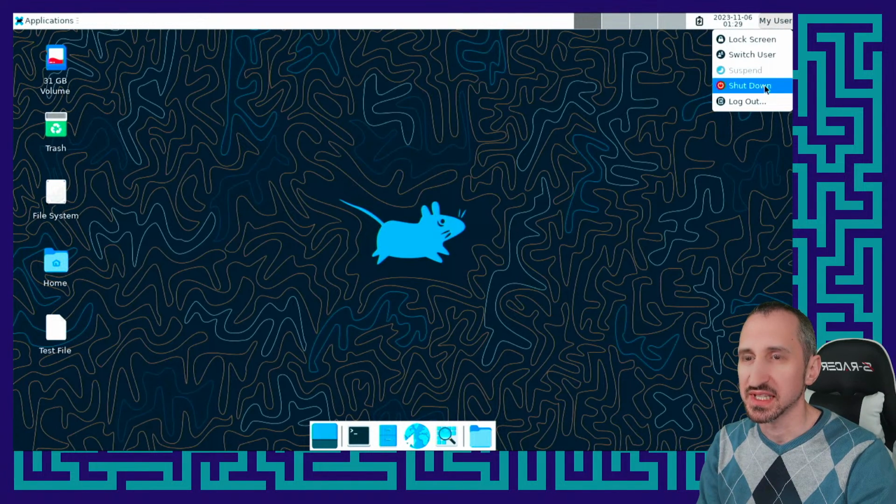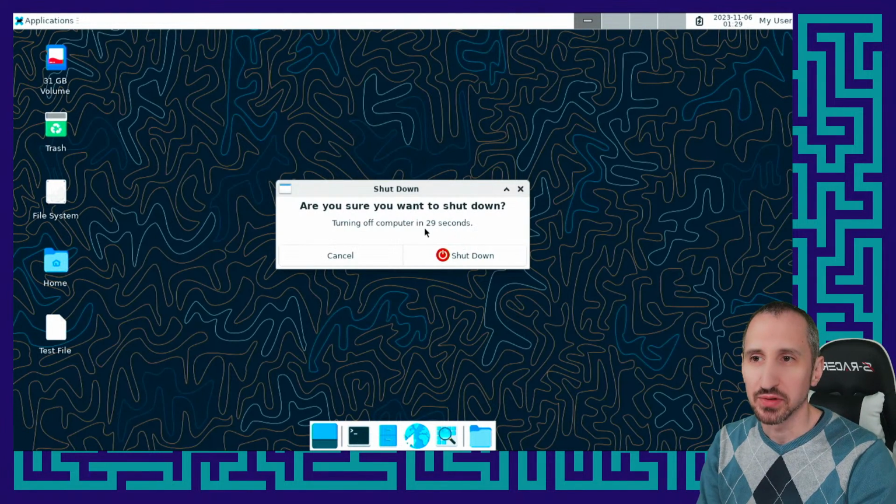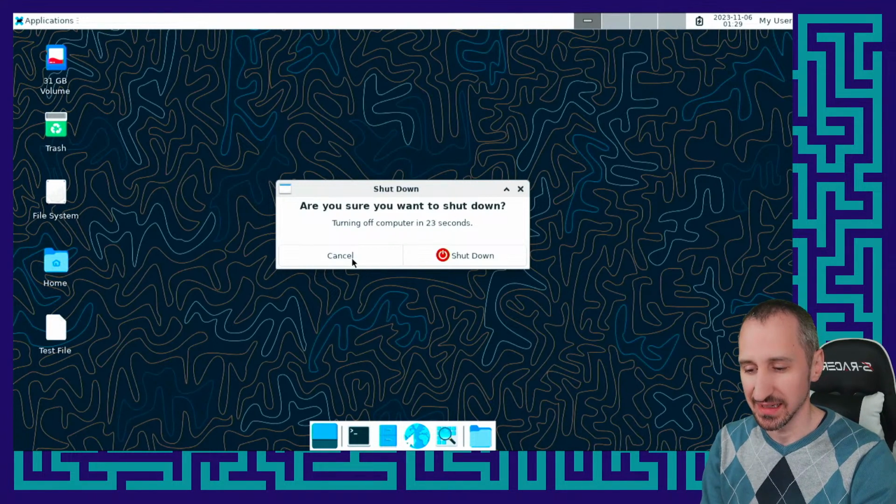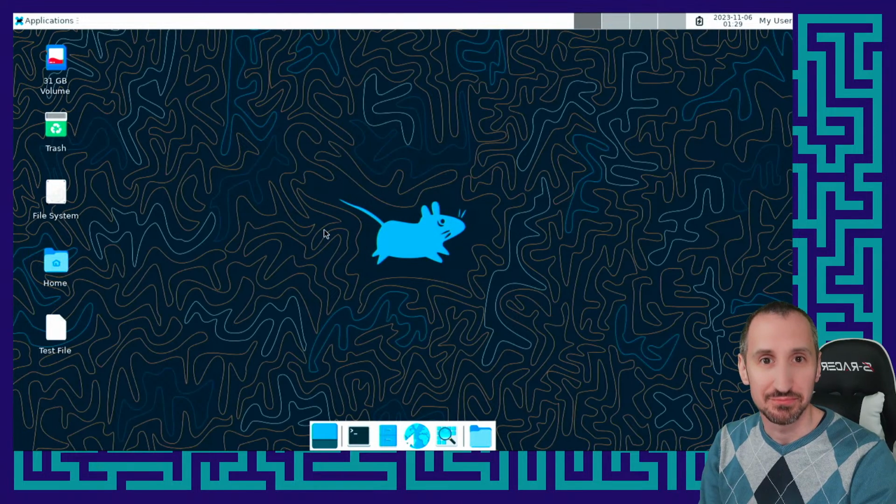Now, I do want to point this out. There's no reboot option here, and if you actually go to shutdown, it will prompt, but it says, are you sure you want to shut down? I don't want to shut down because there's no power button or anything like that I can click on the Pi 400 to make it start back up. I'd have to unplug it and plug it back in. So I'm going to go and